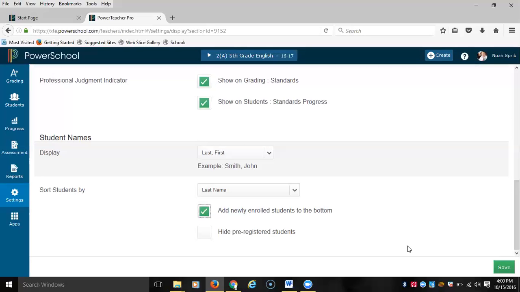From 11:10 to 11:50, I will just be available over lunch if anybody wants to stay or needs help at that time. It's not required, but it is an option. And then after school or after PD day from 3:20 to 5, I will also stay in the conference room and be available to anybody that needs it. Then, of course, you have my cell phone number, and you're more than welcome to call me